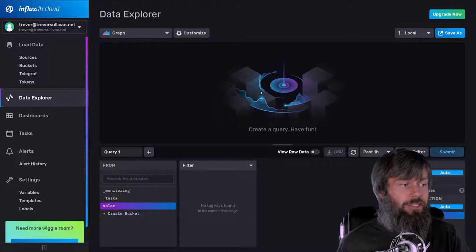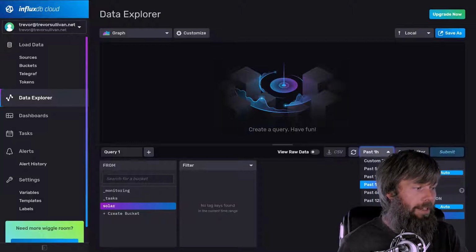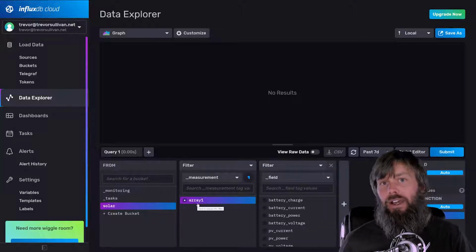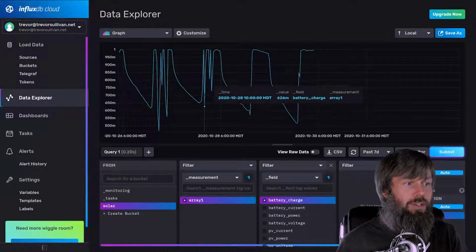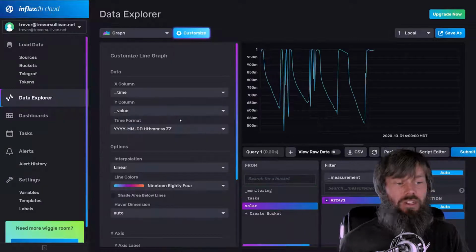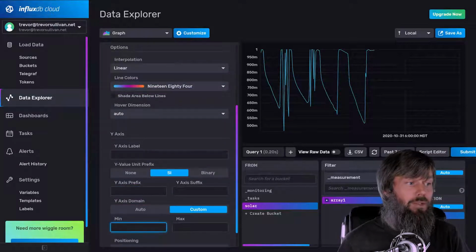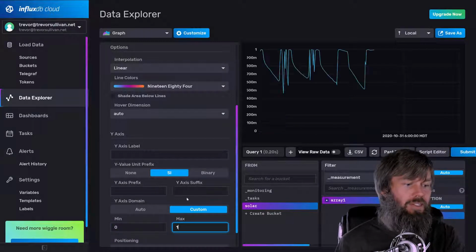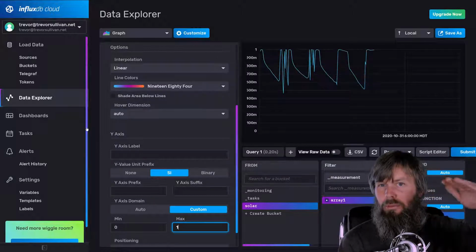Over here, we've got the Data Explorer, where you can build one-off graphs based on the data that's stored inside of your buckets. You can open up a bucket, and then if I drill into maybe the past 7 days, you can see that I now have my measurements as well as the different fields here. So I can go ahead and just graph these fields, and you can see the nice graph here. You can customize those graphs, give them custom colors. You can change the y-axis domain values. So if you know that this is going to be like 0 to 100, or maybe 0 to 1 in this case because it's a percentage, you can customize the domain there as well with the minimum and maximum settings